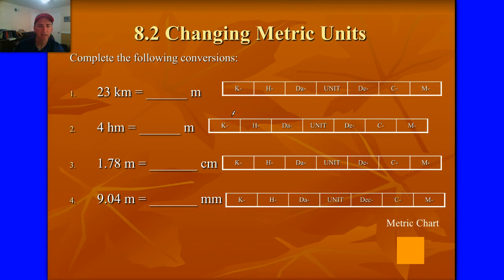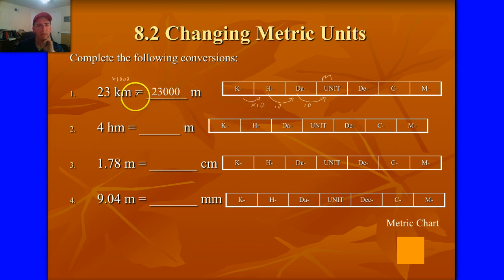All right, here's what this means to us. Okay, let's take a look at this example here. If I have this chart with me, I want to go from 23 kilometers to meters. That means I'm going to go times 10, times 10, and times 10. Now here's my meter. Meter is the unit. So I'm basically going to multiply times 10 times 10 times 10, which is 1,000. So if I multiply that by 1,000, you end up with that,